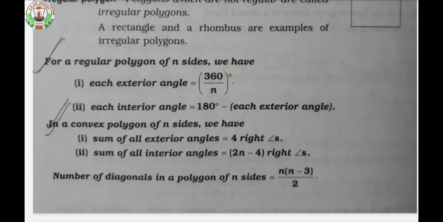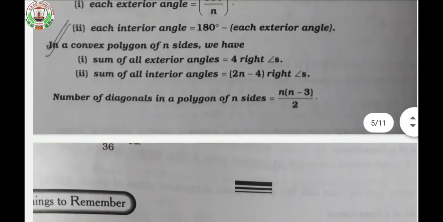The next formula will be the number of diagonals. If it is asked in the question to find the number of diagonals in a hexagon, where a hexagon has 6 sides, isn't it? So the n value will be 6. So here is the formula to find the number of diagonals of a polygon, that is n into n minus 3 upon 2, where n depends on the number of sides of the polygon.